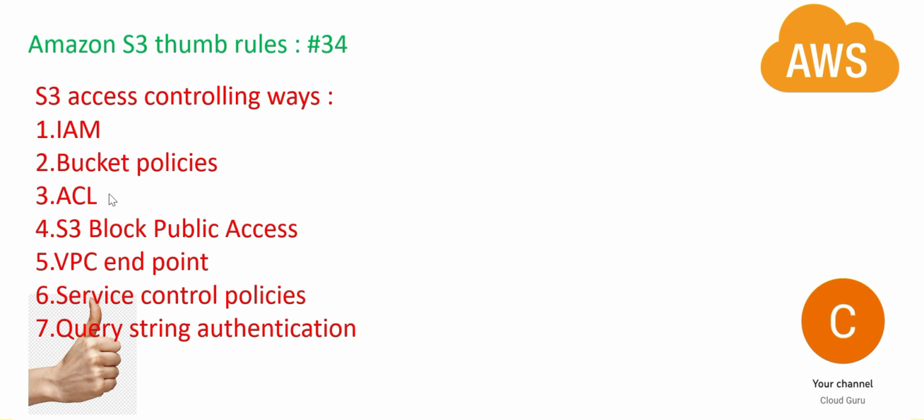In real life we use IAM, that is Identity and Access Management. Suppose we integrate with Active Directory, we create IAM, and based on that, on a particular file you can say that this user can get access or this user cannot get access. Then you can use bucket policies for the same, and access control policies. Block public access is for when you have a file and you do not want any person over the web to access it, you just want to restrict the access to a small community, so you can click block public access.